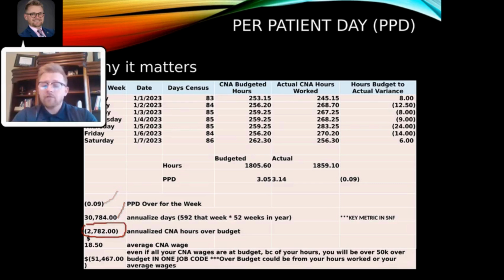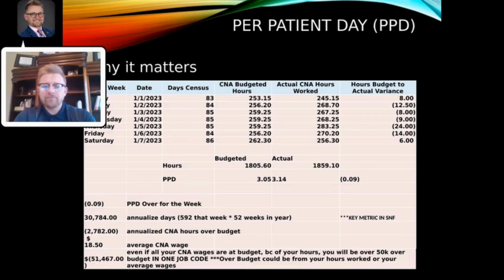Well, if you're running an average CNA wage of $18.50 with overtime and benefits and everything, that 0.09 overage, if not managed, say it just keeps on going, is over $50,000 over budget for one job code. Now, if you remember a couple slides ago, I showed you several job codes. This is only a